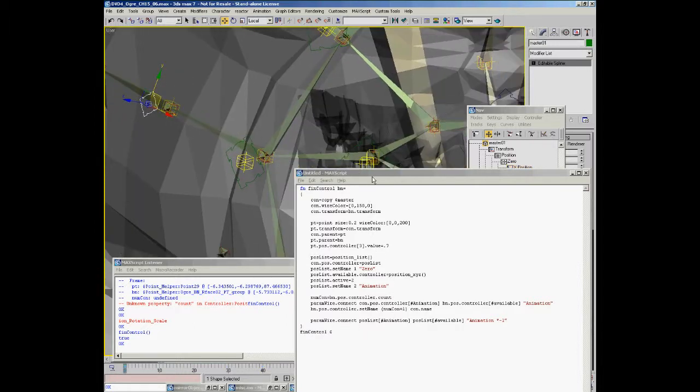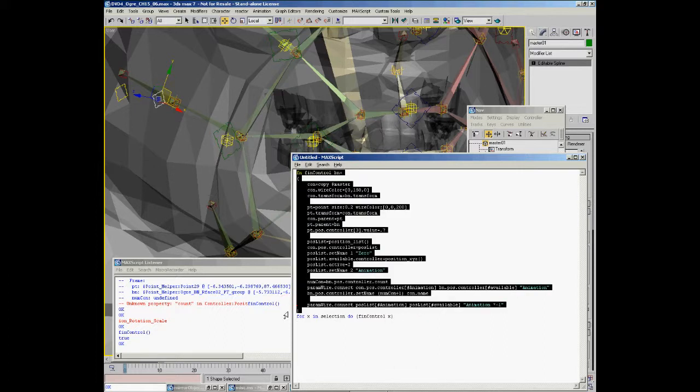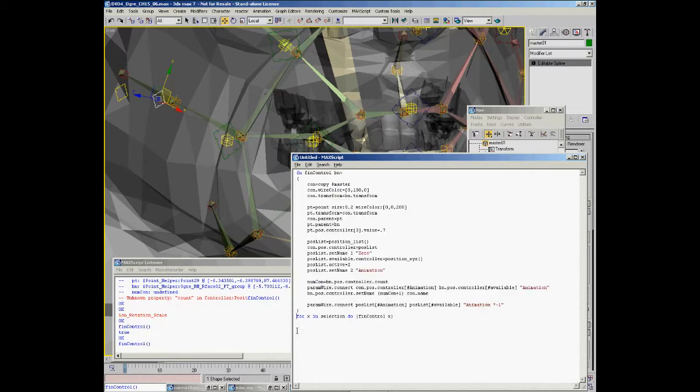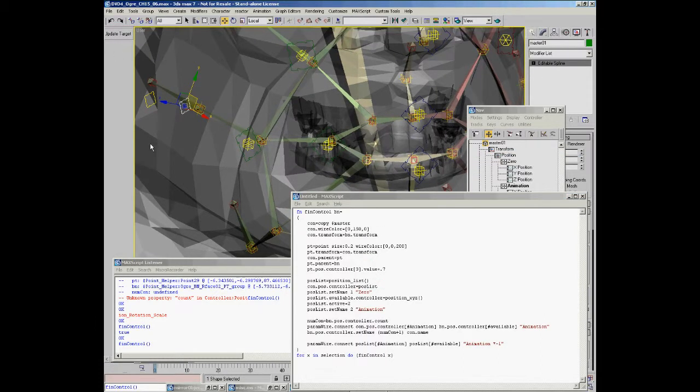Now what we can do is set up a quick for loop and go in and throw these on as many as we want all at once. So what we can do is say for x in selection do, and now with this function that's been evaluated, we can simply pass it that line right there. And again, if we wanted to drop it into a button or something, we could easily go in and pull up our button bar that we've got and create a new button for